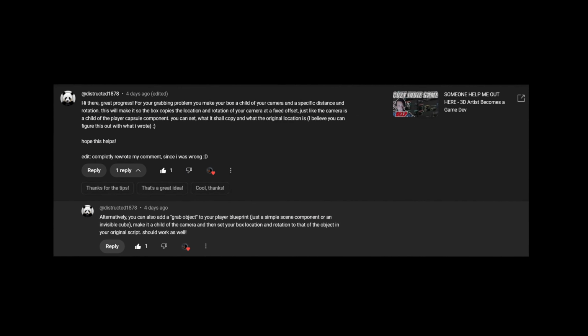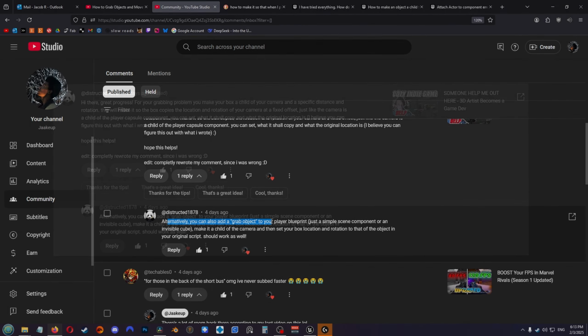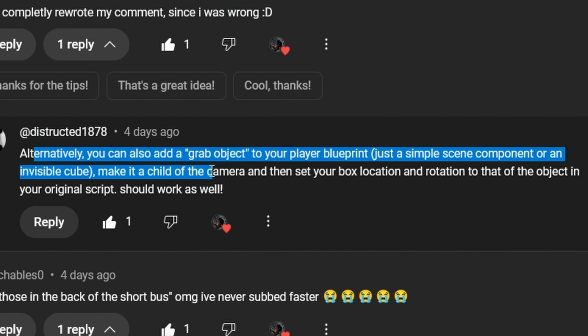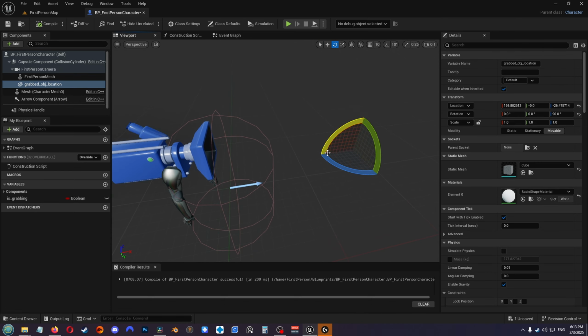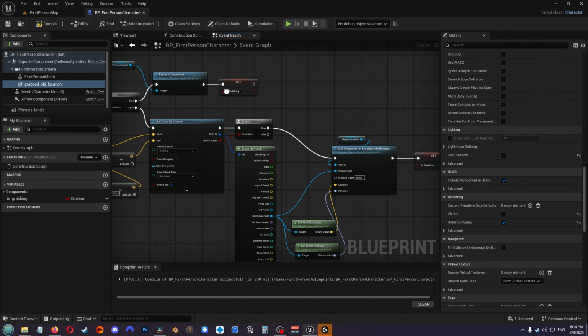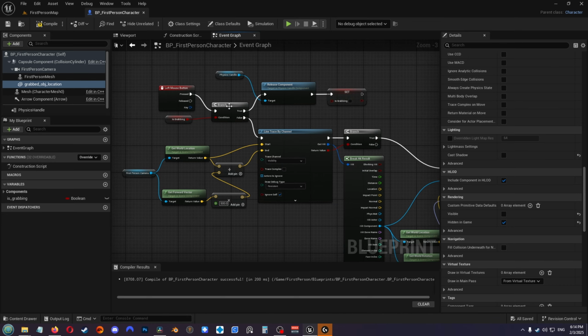I got a comment from Destructed1878 here. Could add a grab object to my player blueprint and just make that a child of the camera, and then make the box the child of that location. I actually added in the grabbed object location. This is just a cube that I made invisible. I set it over here. This is the grabbed object location. So I have the same setup where, you know,